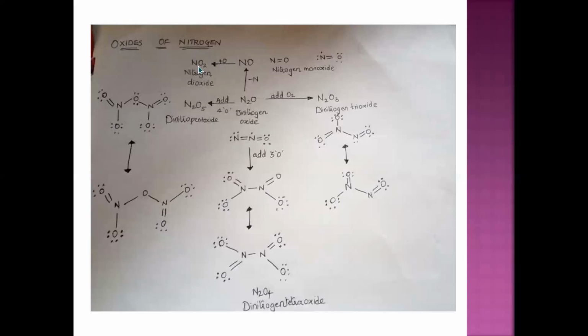And if we add oxygen, we get NO2. After that, when we add 2 oxygen, we get N2O5. If we add 3 oxygen, we get this. If we add more oxygen, what do we get? N2O4. After that, in this trioxide, if you add oxygen, you can draw this diagram like this also, and the same with this. So these are the representations of how we can form different oxides of nitrogen. These oxides of nitrogen can be formed by